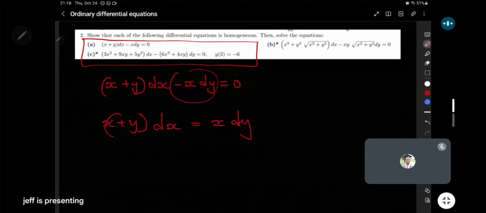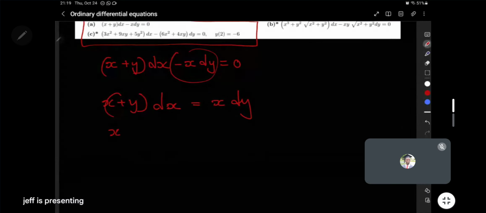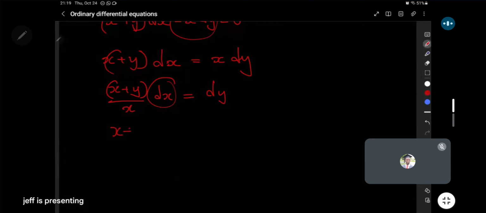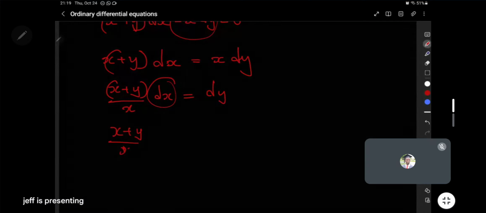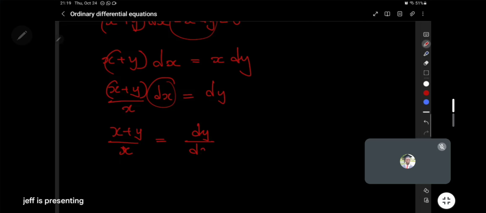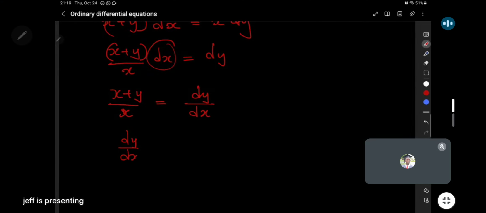From here, divide both sides by x, so the x comes to the left side over x dx. Now divide both sides by dx so that it joins dy on the right side. With this, we have now presented our differential equation so that everything on dy/dx is isolated